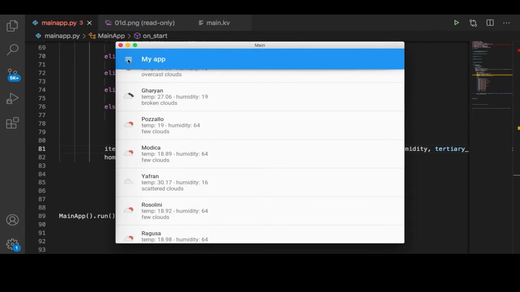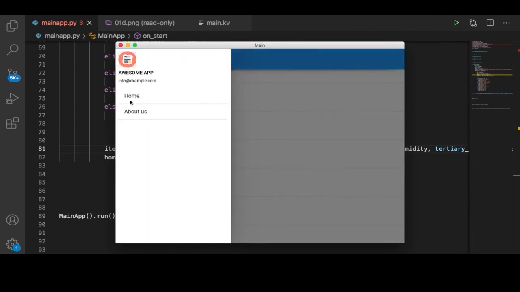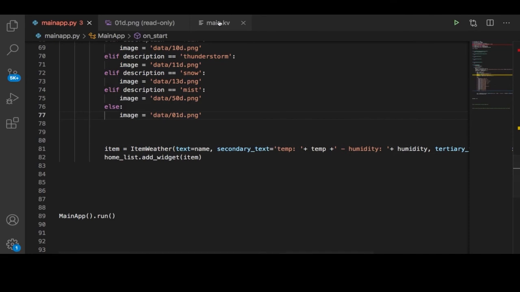So now what we need to do is work on this menu here. We have home and we have about us. But if you click on home, nothing is going to happen. And if you click on about us, nothing is going to happen either. So we need to work on these. We need to activate these buttons. To do that, first of all, we need to head on over to the